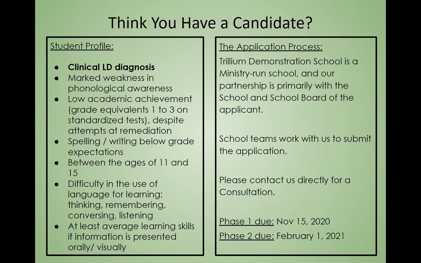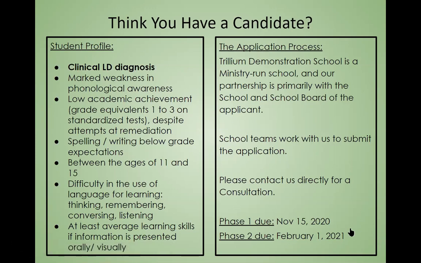So if you notice the student performs really, really well when you assess them orally or visually, but you give them a written task and it's kind of all downhill from there, they could potentially be an applicant for Trillium Demonstration School, a candidate. So the application process, if you take a look at the right side of the screen,